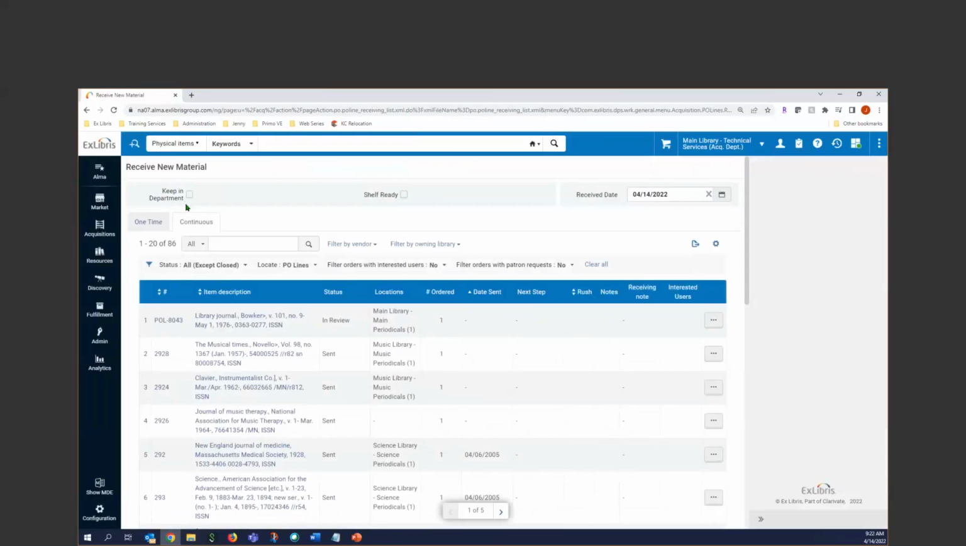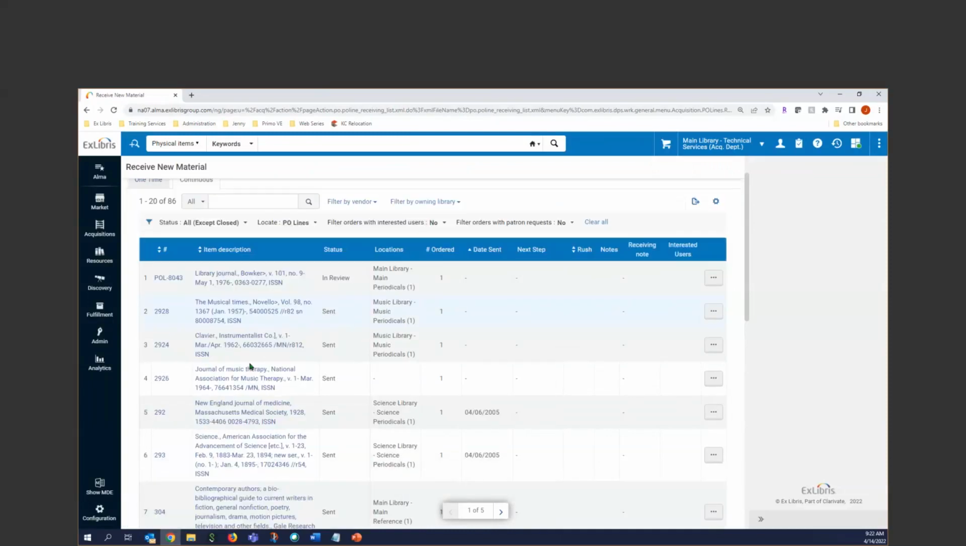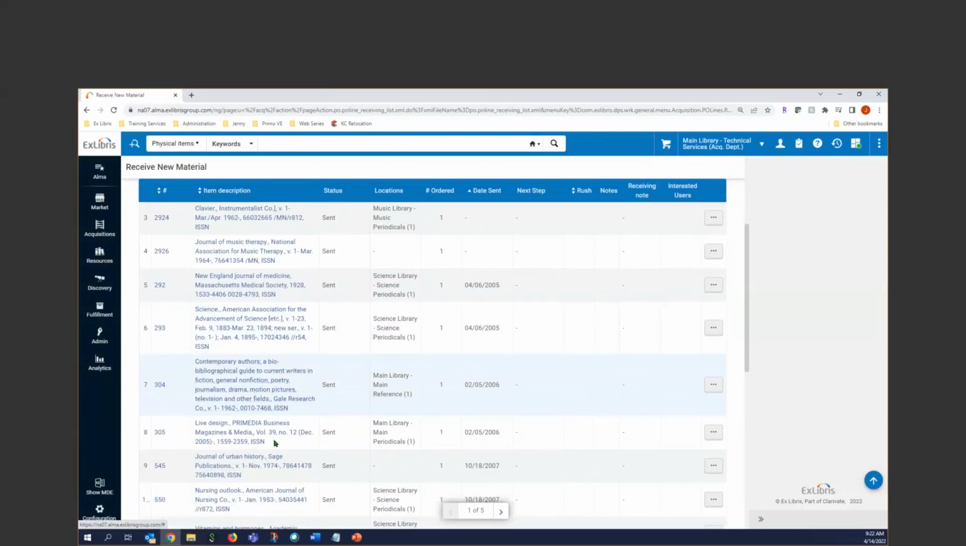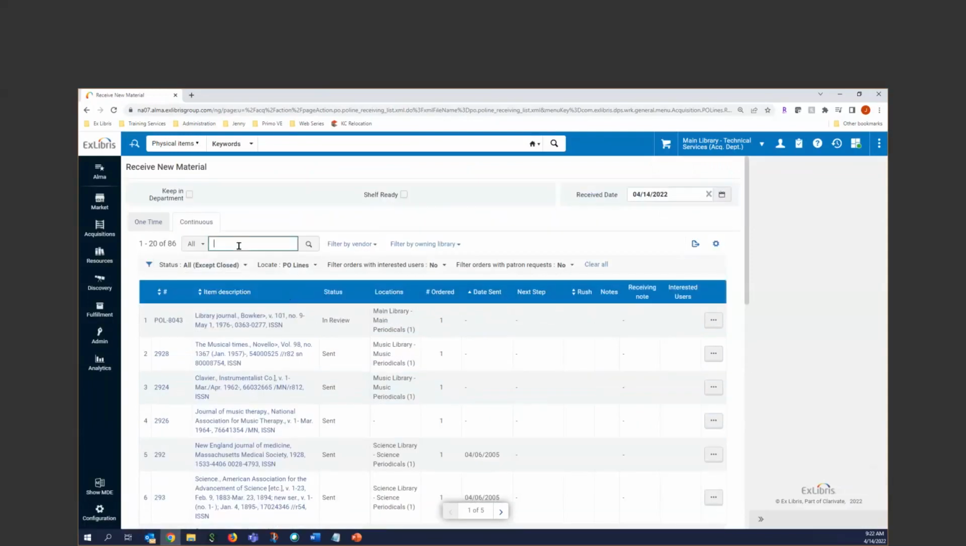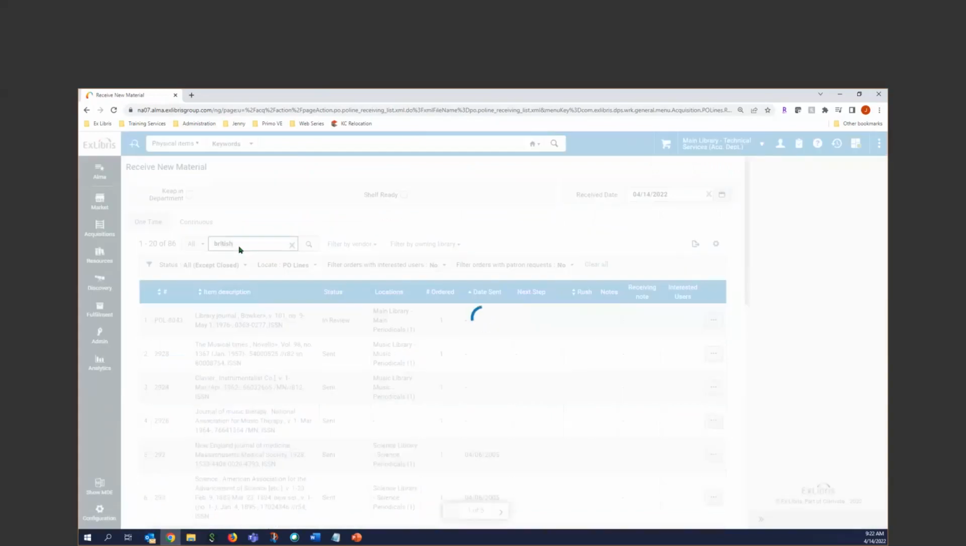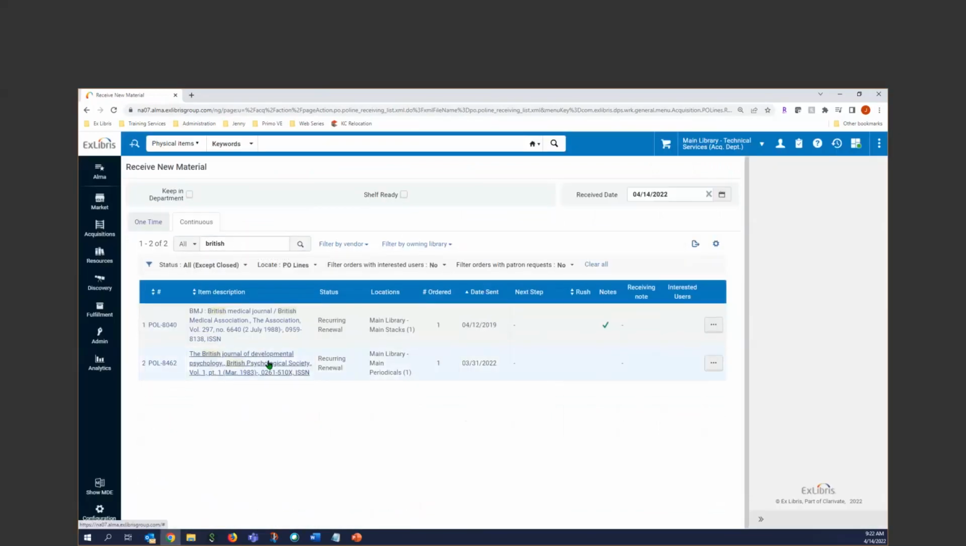And my title that we used was British Journal of Developmental Psychology. Sometimes I just see it and I don't even have to search for it, but I have to search. British Journal of Developmental Psychology. This is the one I want. So when I come in here and I click receive,